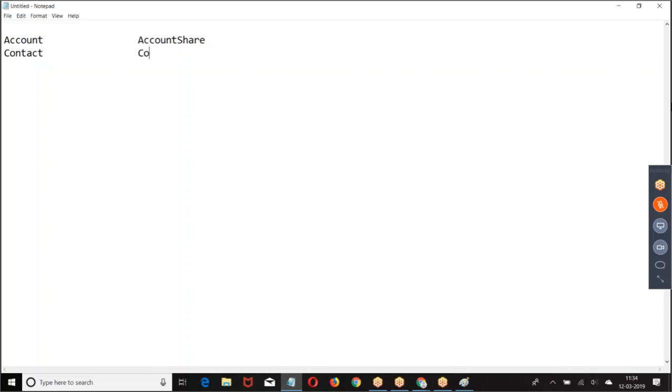All the sharing rules on the contact object are stored within contact share. Opportunity object are stored in opportunity share. Lead are stored